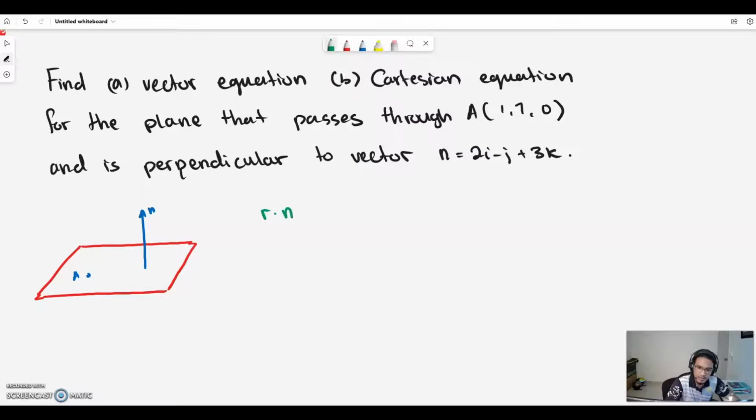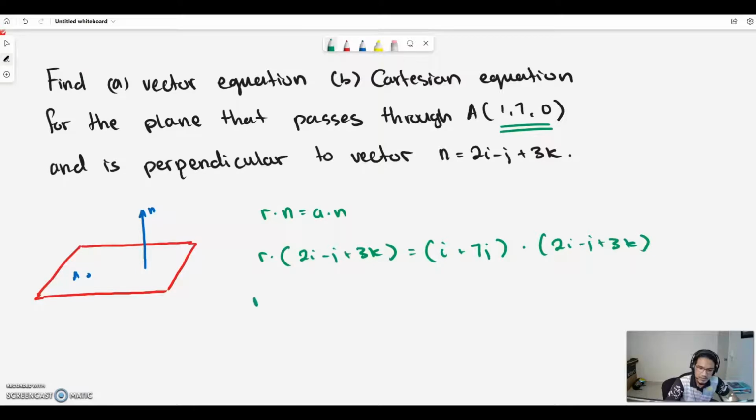So where R dot N equals A dot N. So R dot, our N is 2i minus j plus 3k, equal to A, which is the vector from the origin to point A. So this is the point A: i plus 7j, dot with N, 2i minus j plus 3k. Okay, so now we solve for the dot product on the right side of the equation, and we will obtain 1 times 2, 7 times negative 1,